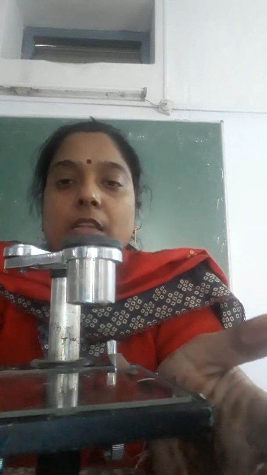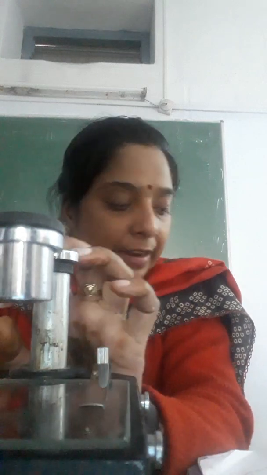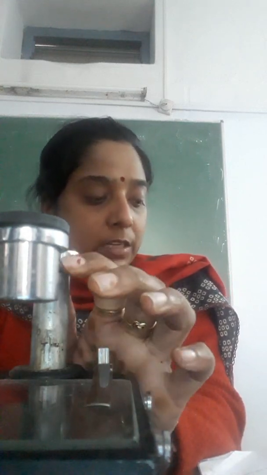Now the second one is the mechanical part. In the mechanical part, the first one is the foot. See here, this one is the foot. It is a horseshoe shaped metallic structure. It is the lower basal portion of the dissecting microscope. The second one is the pillar and the limb. This one, pillar and the limb, arises from the middle of the horseshoe shaped foot. The reflecting mirror is connected to the limb.